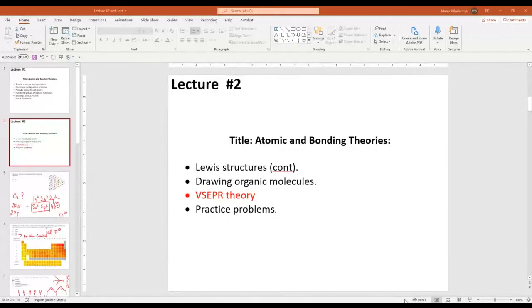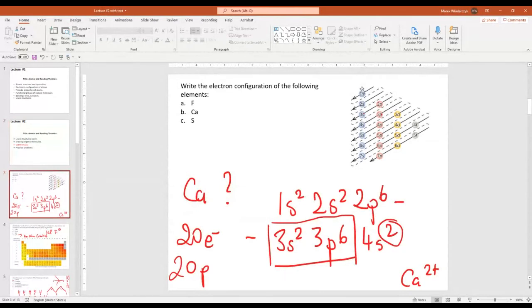So yesterday we ended up talking about Lewis structures and drawing organic molecules a little bit, and we are going to continue that today. And also we talked a little bit about the electron configuration. So I hope everybody remembers now this little trick here, and that the arrows give you the directions in which